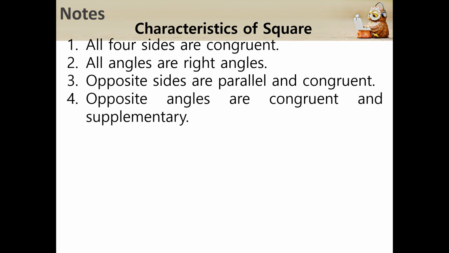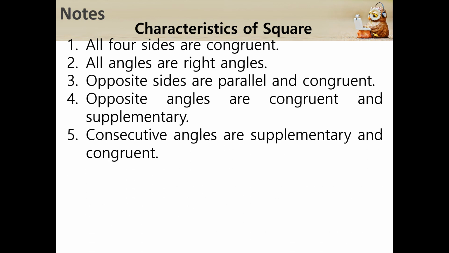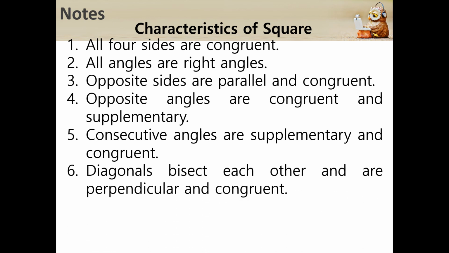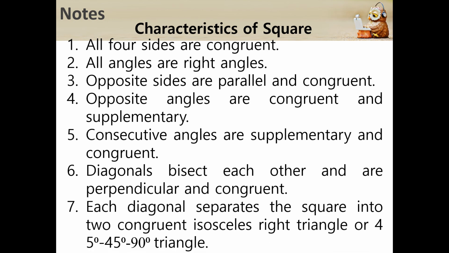Fourth, opposite angles are congruent and supplementary. Fifth, consecutive angles are supplementary and congruent. Sixth, diagonals bisect each other and are perpendicular and congruent. And lastly, each diagonal separates the square into two congruent isosceles right triangles,